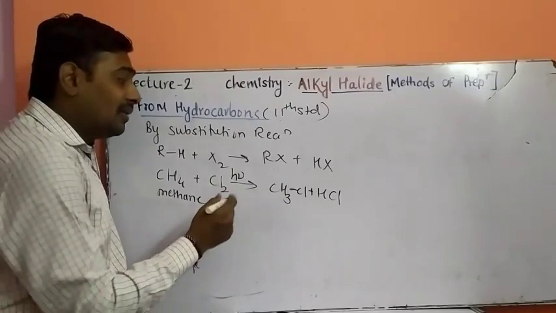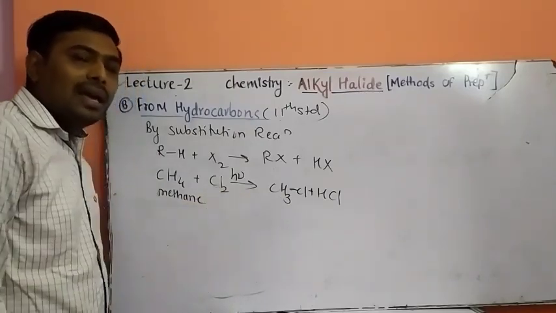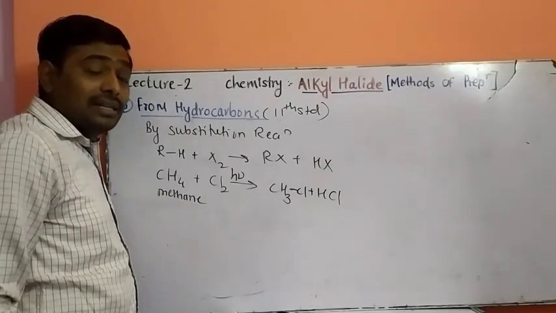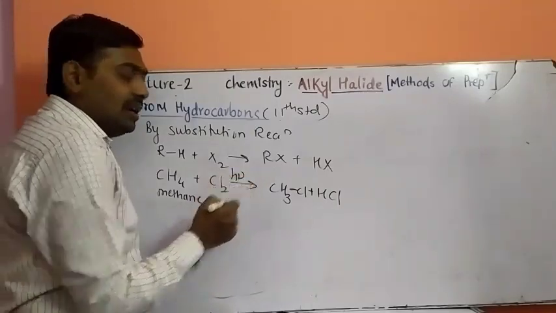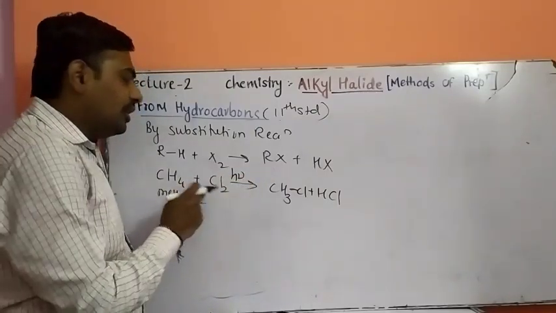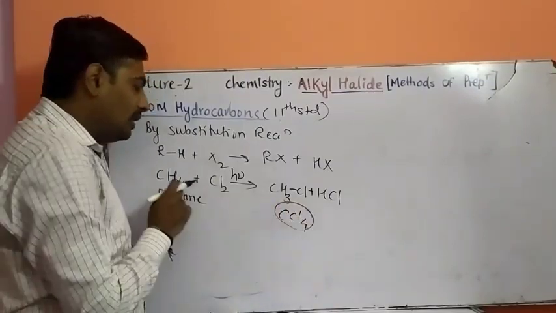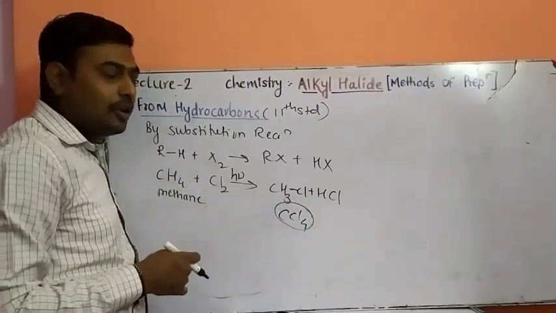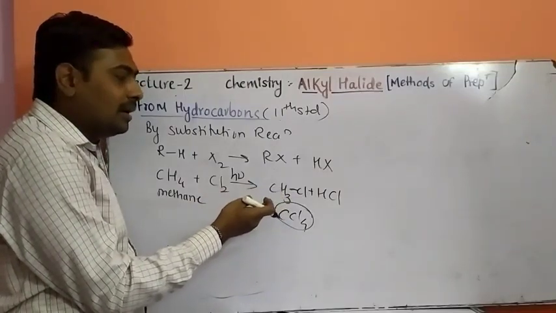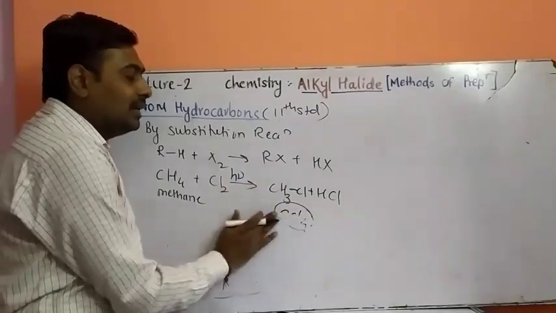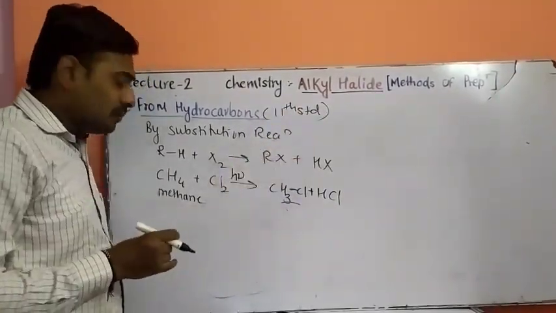When the reaction is catalyzed by light or in the presence of ultraviolet rays, the reaction cannot stop at a single stage, because radical reactions are energetic reactions which cannot be easily stopped by external conditions. They are spontaneous reactions. So it may give CCl4 as an end product, because every stage gives substitution reactions. First of all we will get methyl chloride, then methylene dichloride, then chloroform, and lastly we will get CCl4, that we can observe in the standard 11 textbooks.